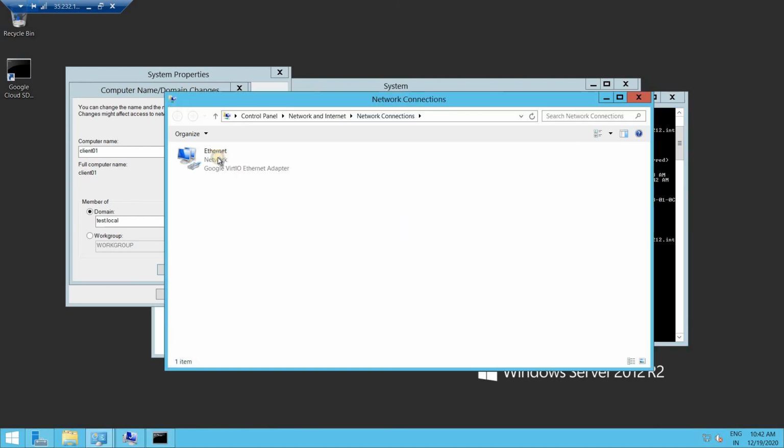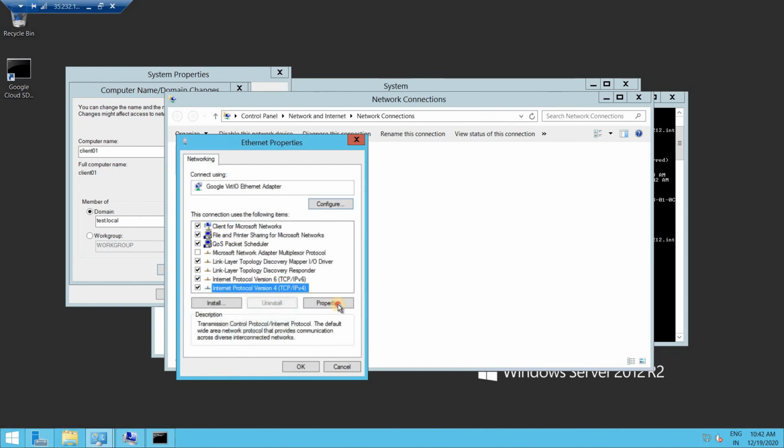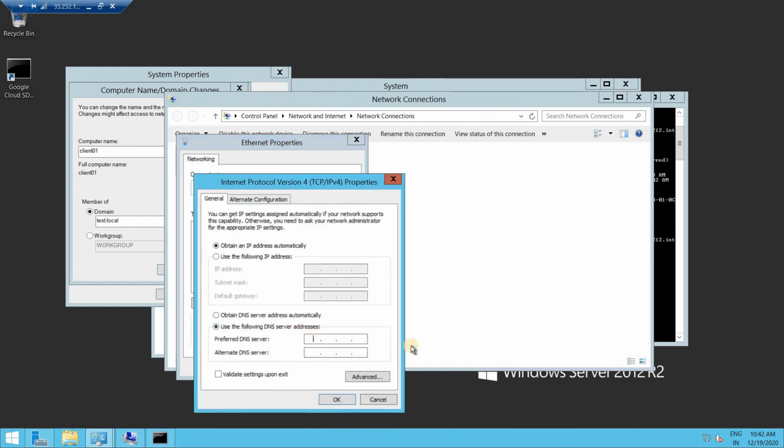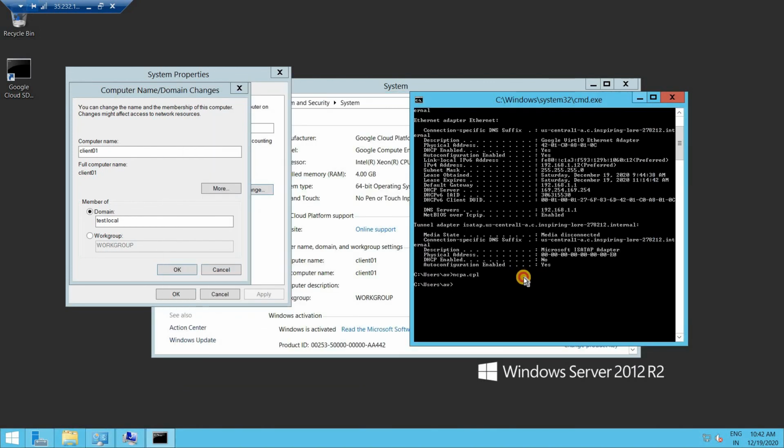So I will go into the network setting, and what I will do is I will go into this and properties. So along with the 192.168.1.11, I will also put 192.168.1.1. This is my default, and this is my domain which we just created. So click on OK, and you are good to go. If you type here nslookup, yes, it is redirecting now to the correct domain controller.